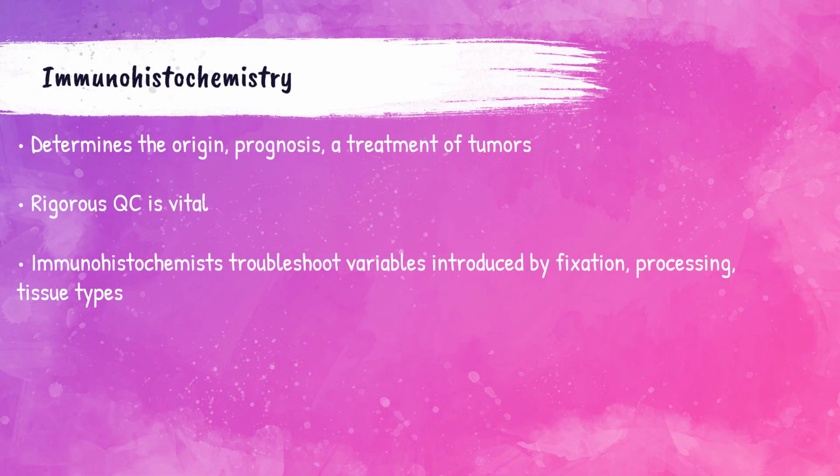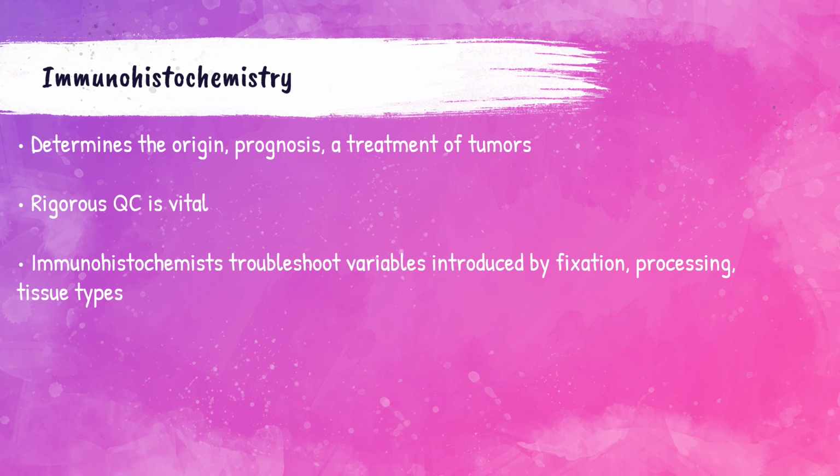Immunohistochemistry is an area in the histology laboratory that is very important for assisting pathology and making a diagnosis. It is used to determine the origin, prognosis, and treatment of a patient's tumor. Immunohistochemical techniques require rigorous quality control, and this ensures that the results produced are accurate and consistent with the staining patterns that are expected. A major role of the immunohistochemist is to troubleshoot variables that can occur due to fixation, processing,